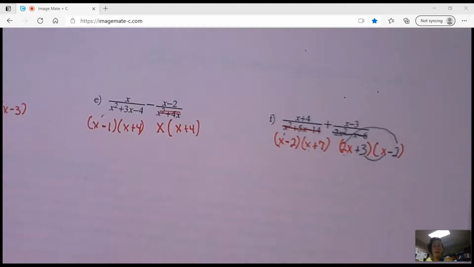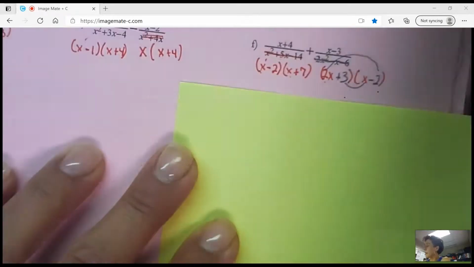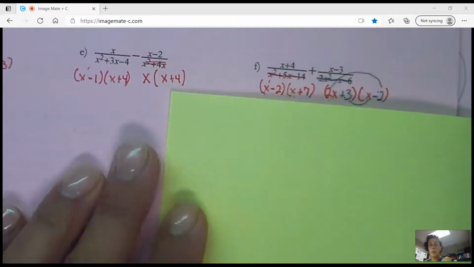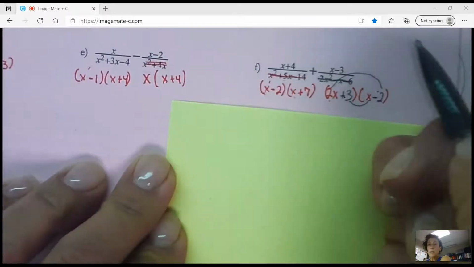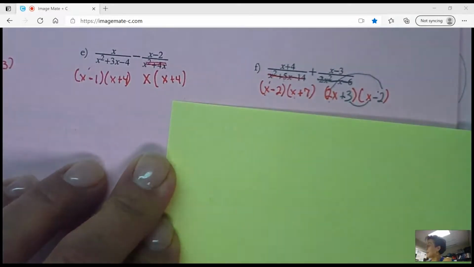So some people have a really easy time seeing the least common denominator. Some people don't. So from here, I think the easiest way to do this is to start out with the toughest problem and work my way to the easier ones. So I do not have a lot of room here. I am using a separate piece of paper, and I would have normally provided more room, but these were not my notes. So what I do is I take the denominators and I make what I call the fraction table,